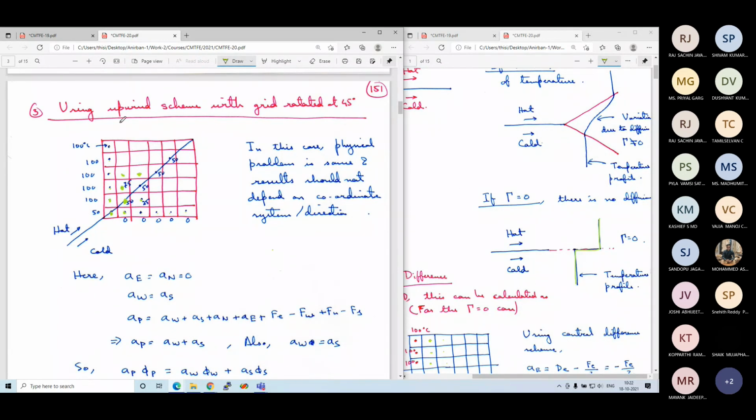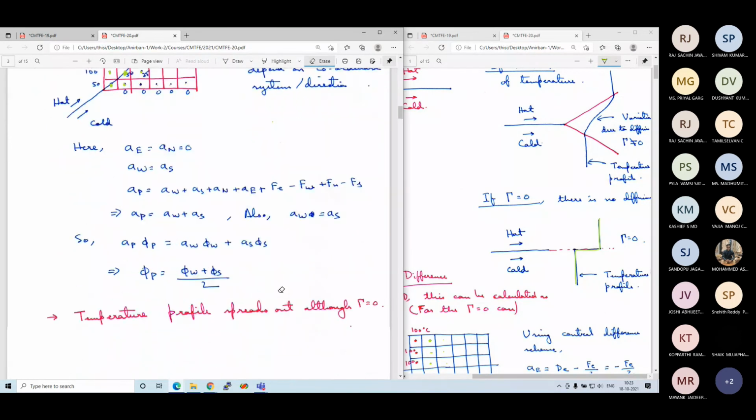And this occurs if we use the upwind scheme or similar schemes, and the coordinate direction is not aligned to the flow direction. Now, obviously, in a realistic problem, we select the coordinate, but we do not select the flow direction. Flow can be in random direction. It can occur like this, whatever. There can be vortices, other things. So you cannot ensure that flow is always aligned to the axis. Only in very limited cases will flow be aligned to the axis. Most cases, flow is not aligned to the axis. So there will be some numerical error like this.